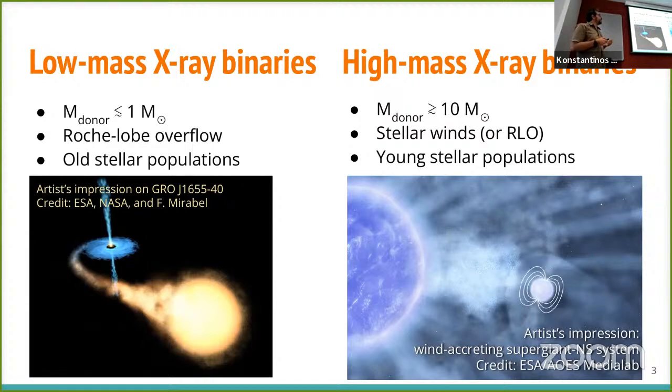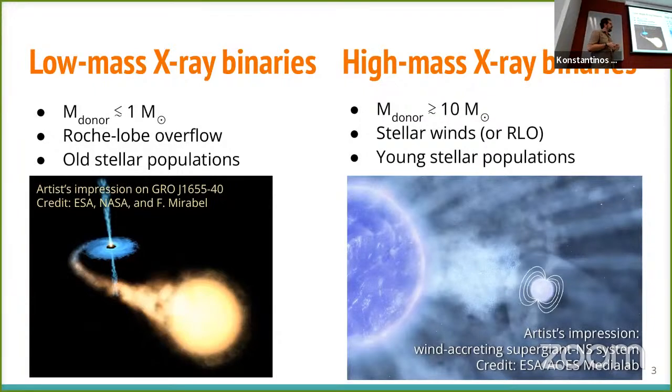The first class is low mass X-ray binaries, where the low mass refers to the mass of the donor. You have a low mass donor of around 1 solar mass or even less, that when it evolves in many hundreds of mega years or even giga years, it expands, it fills its Roche lobe, and then matter overflows from the Roche lobe into the compact object, where an accretion disk forms, which is heated and it emits